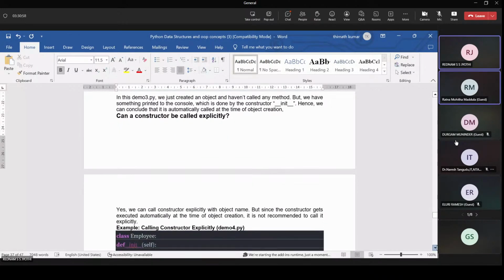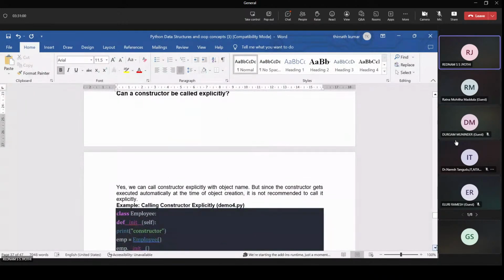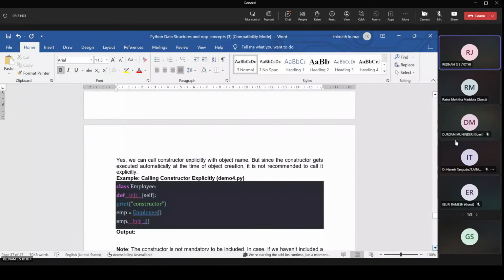Can a constructor be called explicitly? Yes, we can call the constructor explicitly with the object name. But since the constructor gets executed automatically at the time of object creation, it is not recommended to call it explicitly.